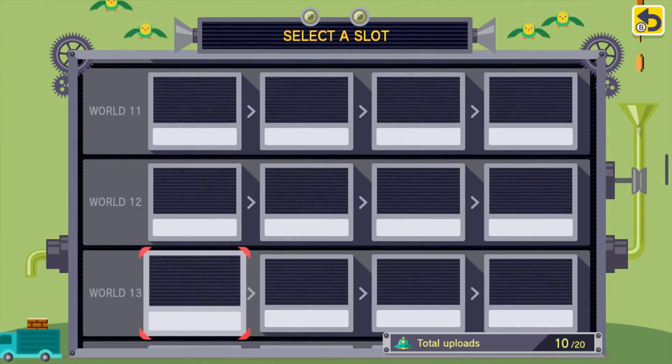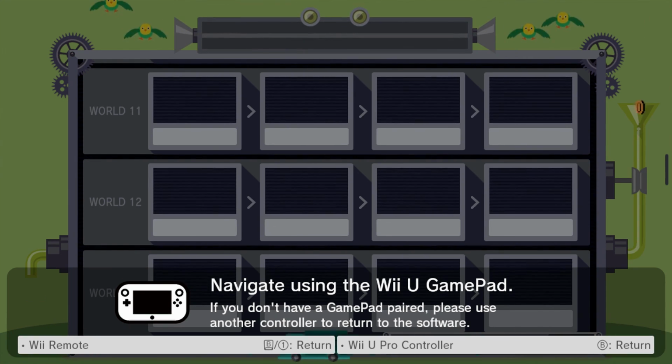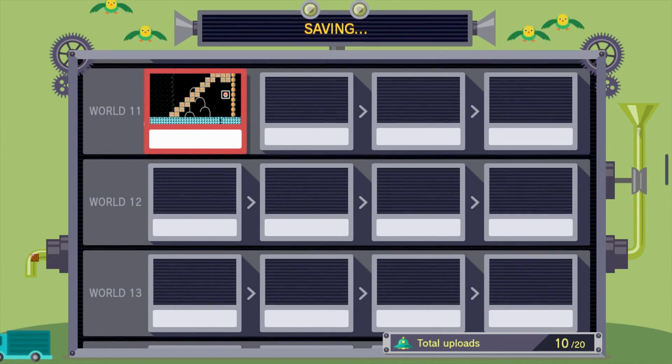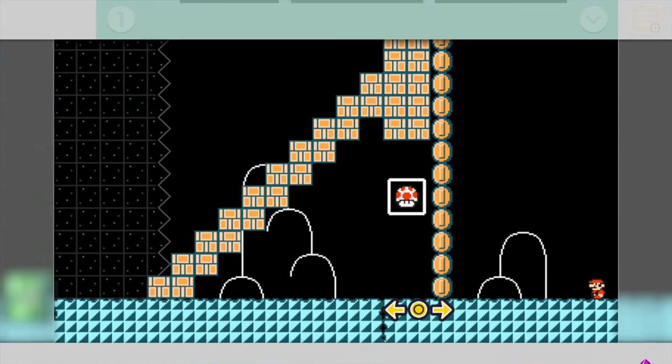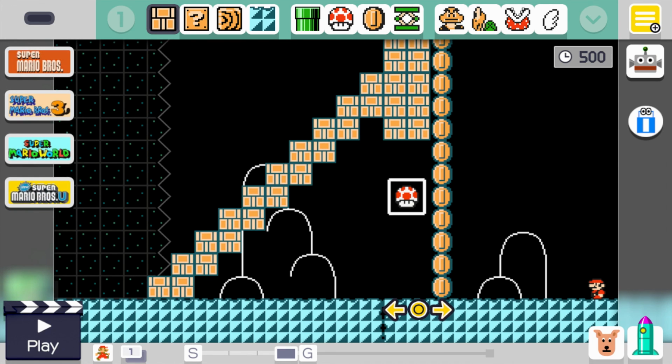Okay, so now if you click your robot, you can select a slot, and right now it's asking me to name it, so I'm typing in some letters quickly because I don't care. And then it saves, and then you got it there. And that's how you make a level. That's cool. And you know what? I think we really capitalize on some kind of cool